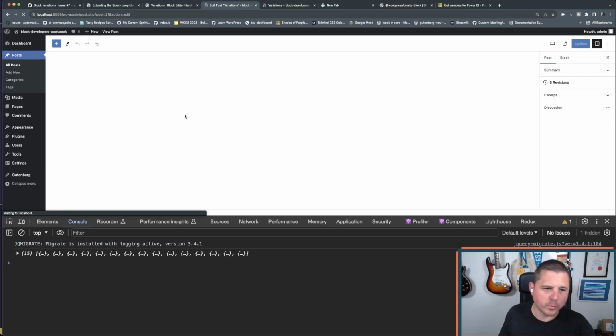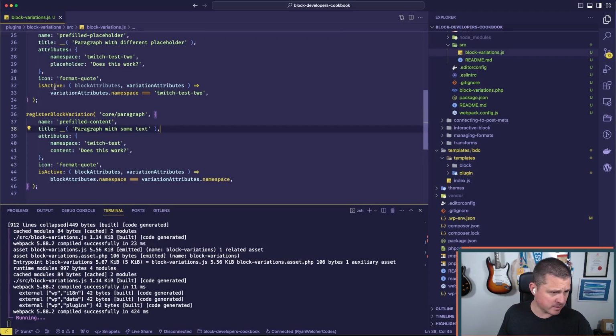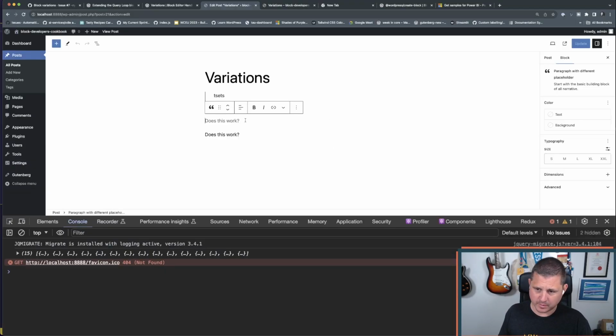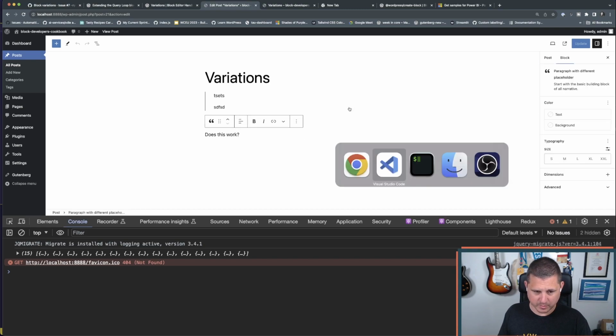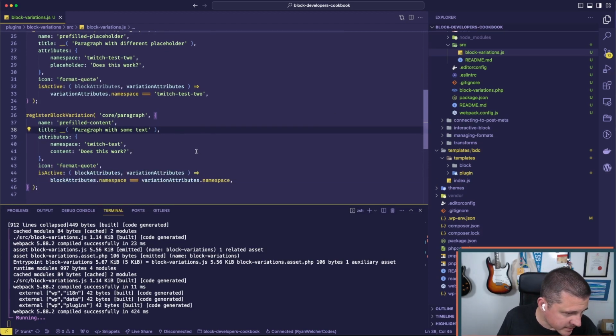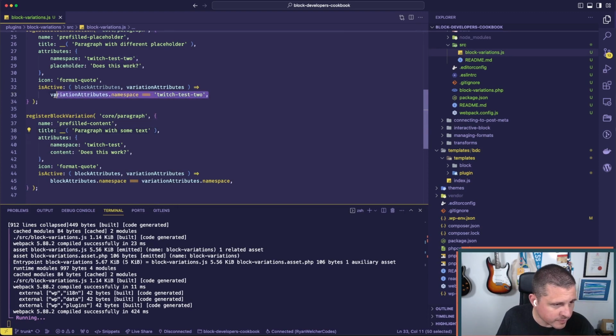No, which one was that? It was the pre-filled placeholder, right? Pre-filled. So this is the pre-filled placeholder. So this is paragraph with different placeholders. So that's correct. And what does this say? That also says paragraph with different placeholder. What? But that's not what it is. So if variation attributes namespace is equal to Twitch test,